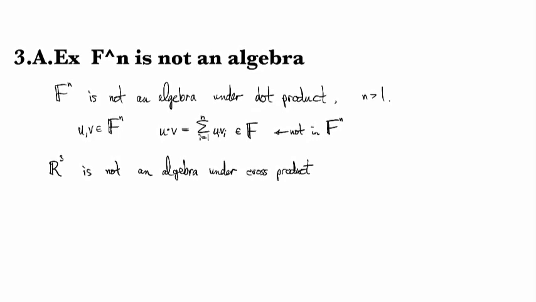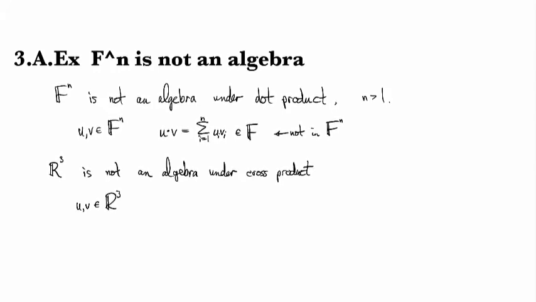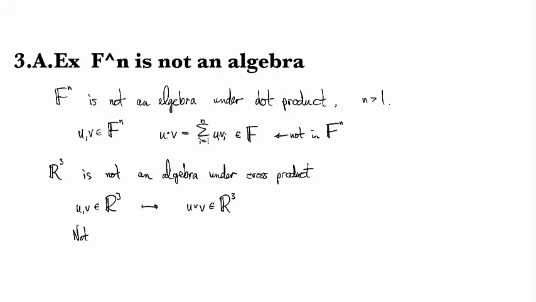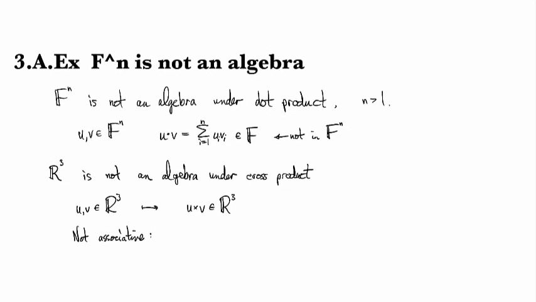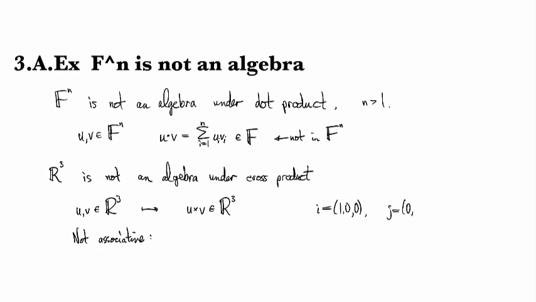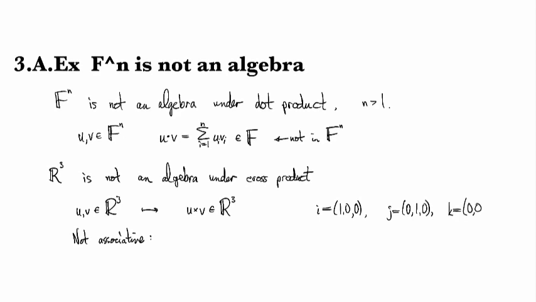Now, it is true that if you have two elements of R3, then u cross v is again going to be an element of R3, so it doesn't break down for that reason, but it's not associative. And so for an example of that, take something like here. If we take the standard unit basis i to be the vector 1, 0, 0, and j to be the vector 0, 1, 0, and k to be the vector 0, 0, 1,